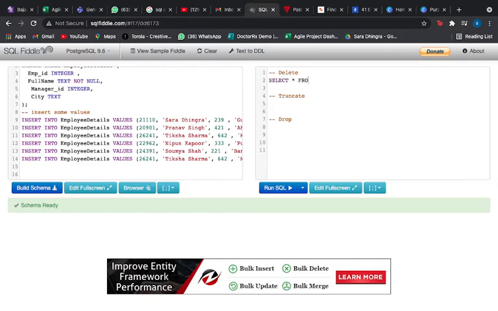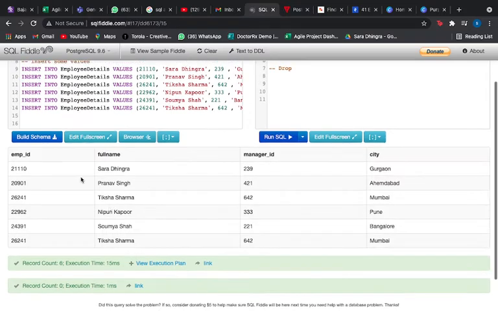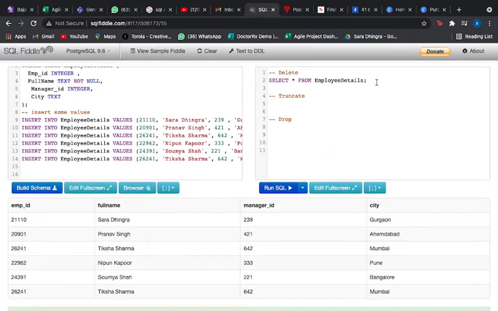Select star from employee details. I'll just run this for you. This is our table. We have the employee ID, full name, manager ID, and city.